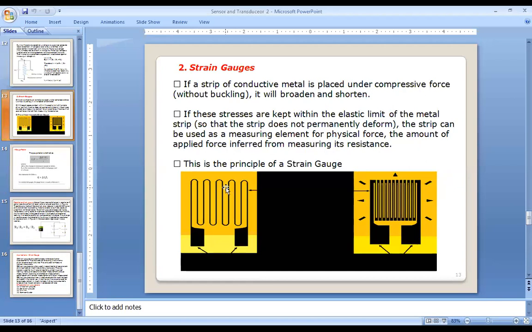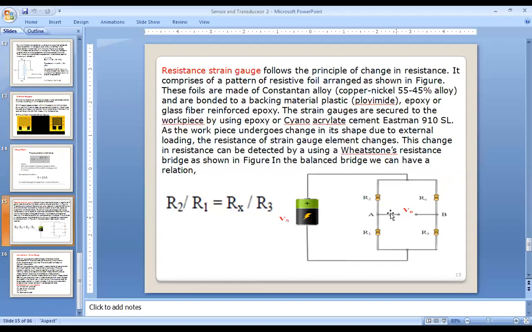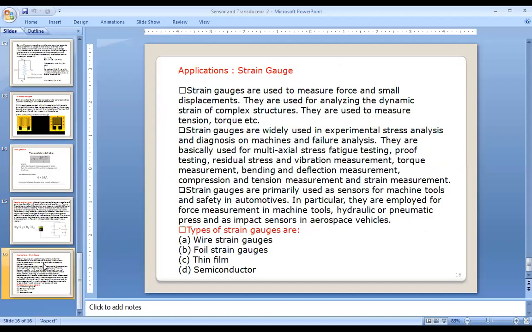यहाँ पर एक मेटेलिक स्ट्रिप रहता है और जब उसके ऊपर कोई एक्सटर्नल फोर्स लगता है तो वो कंप्रेस्ड हो जाता है या वो छोटा हो जाता है, जिसके कारण उसका रेजिस्टेंस चेंज होता है और व्हीटस्टोन ब्रिज को यूज करके हम लोग चेंज इन द वोल्टेज, दैट इज प्रोपोर्शनल टू चेंज इन द रेजिस्टेंस, उसको निकाल लेते हैं। एनी डाउट? So next one is application of strain gauge.